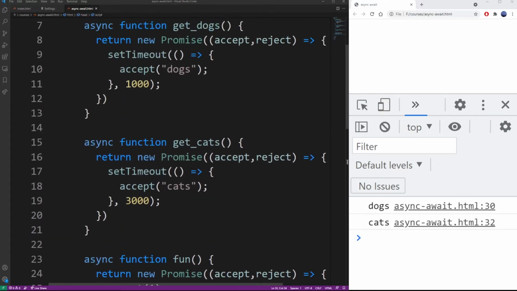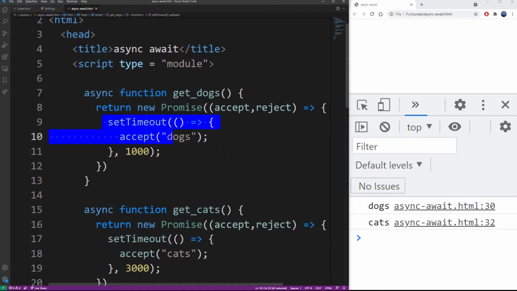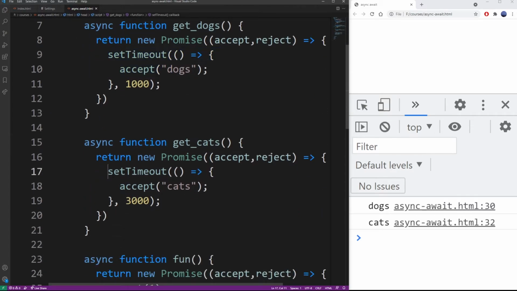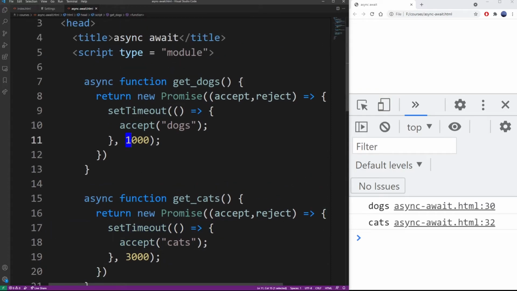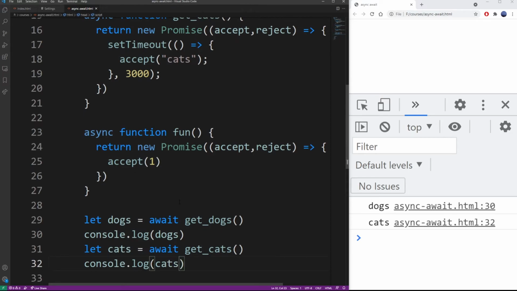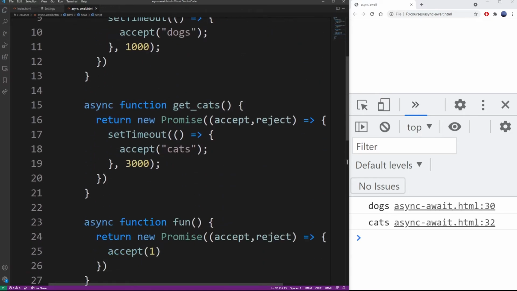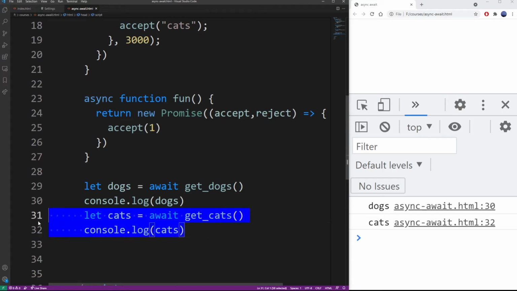Now keep in mind that these functions here could have been fetch calls to some slow API, so we don't really know exactly when they will return. What if this function takes 4 seconds and this one takes 1? We don't really have a way of knowing that. So having said that, you still retain control over which function gets called and returned first, regardless of how much